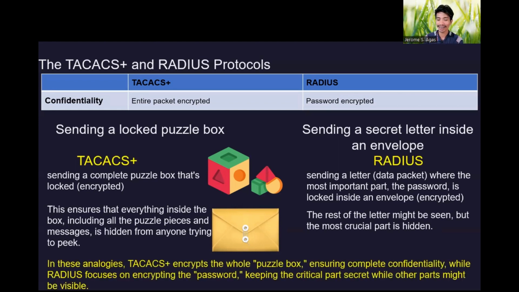Okay, so in this analogy, TACACS+ encrypts the whole puzzle box, ensuring complete confidentiality, while RADIUS focuses on encrypting the password, keeping the critical part secret. Other parts might be visible. Okay, so